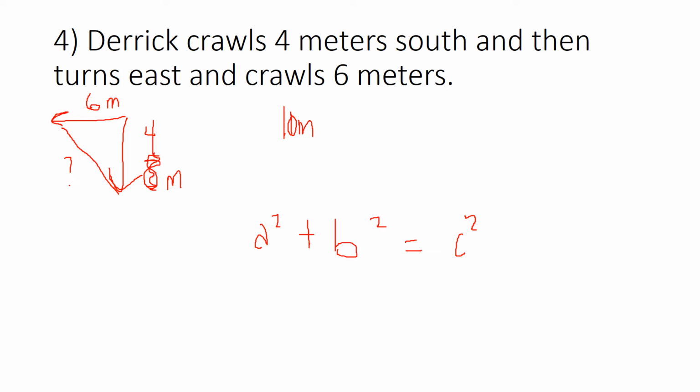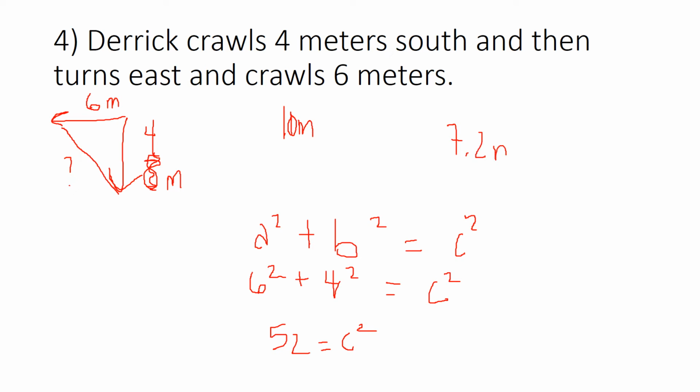All right, so now we have our correct a squared and b squared. So this should be 6 squared plus 4 squared, and that's going to give me c squared, and that's what I'm looking for. So that would come out to 36 plus 16, and 36 plus 16 is 52, and 52 is equal to c squared, but we're still not done because I've got to get the square root of 52. So the easiest way to do this is punch 52 into your calculator and then hit the square root button. And from that, you should get the displacement of